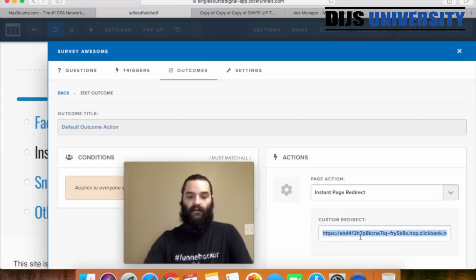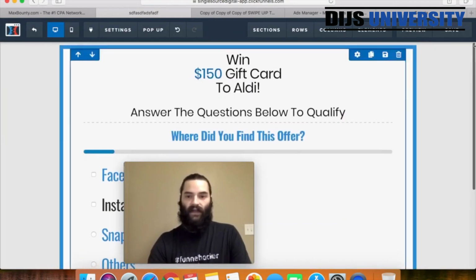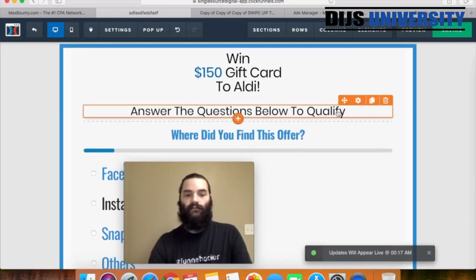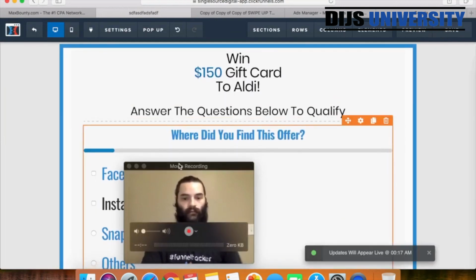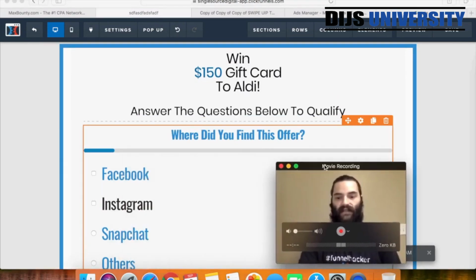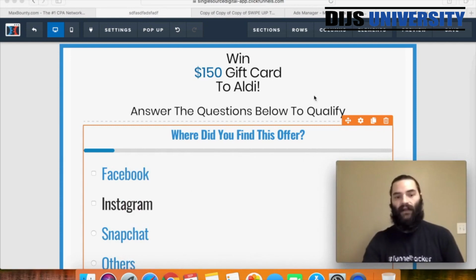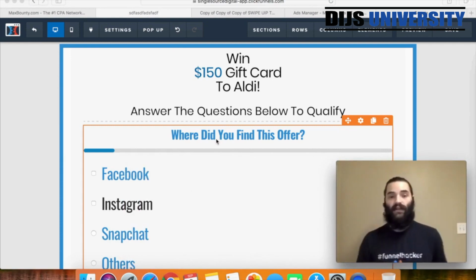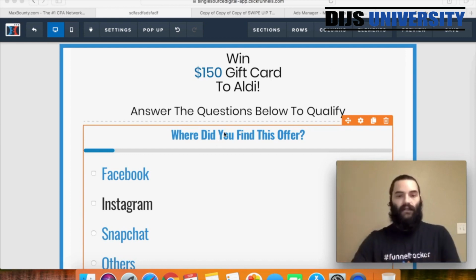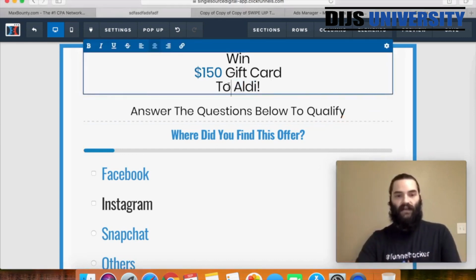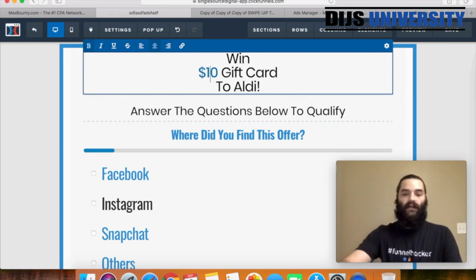And I'm just going to paste it in here and then come over here and save. Alright, so it looks like that's saved, ready to go. The next thing that we're going to do here is set up our landing page, make it look a lot more trustworthy and flow a lot better to the actual lander. So we're going to change this because it's not a $150 gift card, it's going to be $1,000